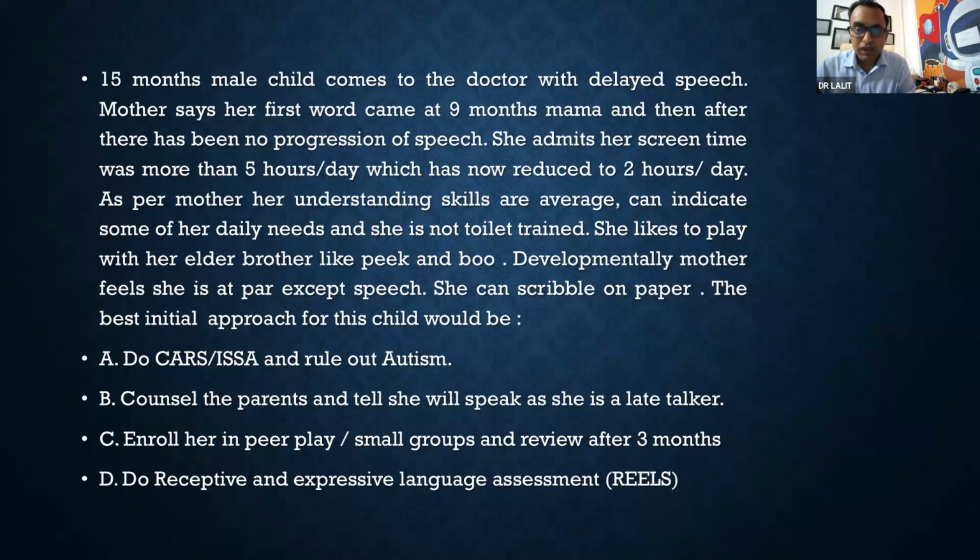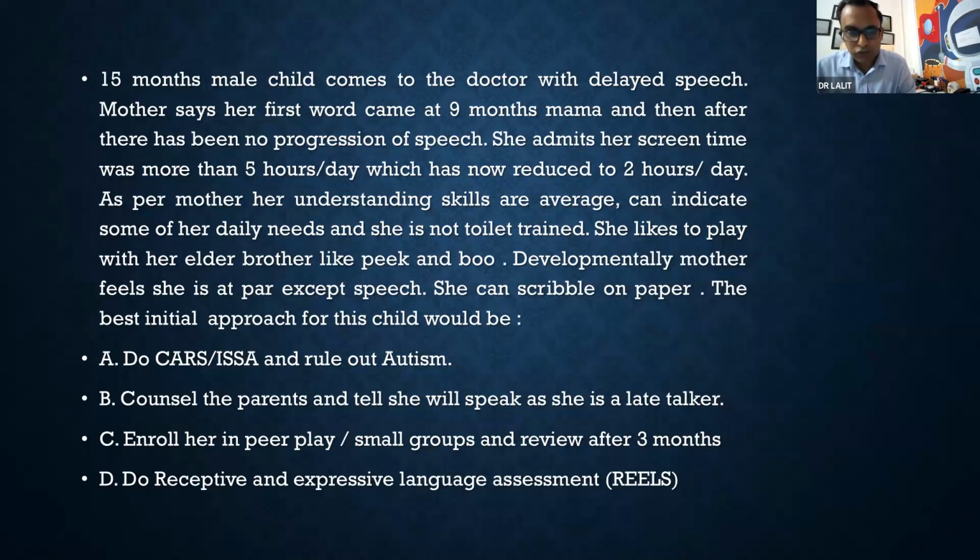So two important things. Understanding skills are average. So she can indicate some of her daily needs. She cannot indicate all of the needs. So probably the right approach and the right option for this child is you have to do REELS. That is receptive and expressive language assessment. If on receptive and expressive language assessment, the receptive skills also come out to be low, then definitely, with other parameters, we can go for M-CHAT, that is a screener, or we may go for ISA or CARS at the